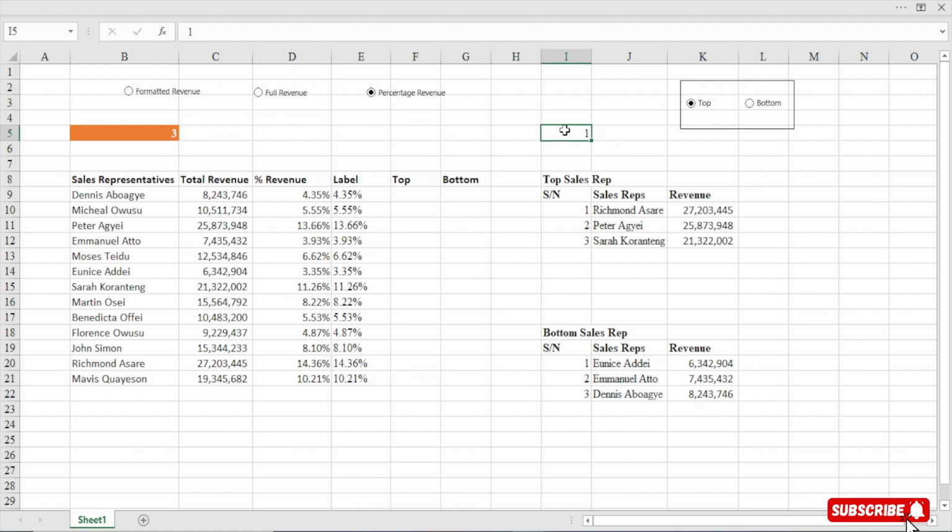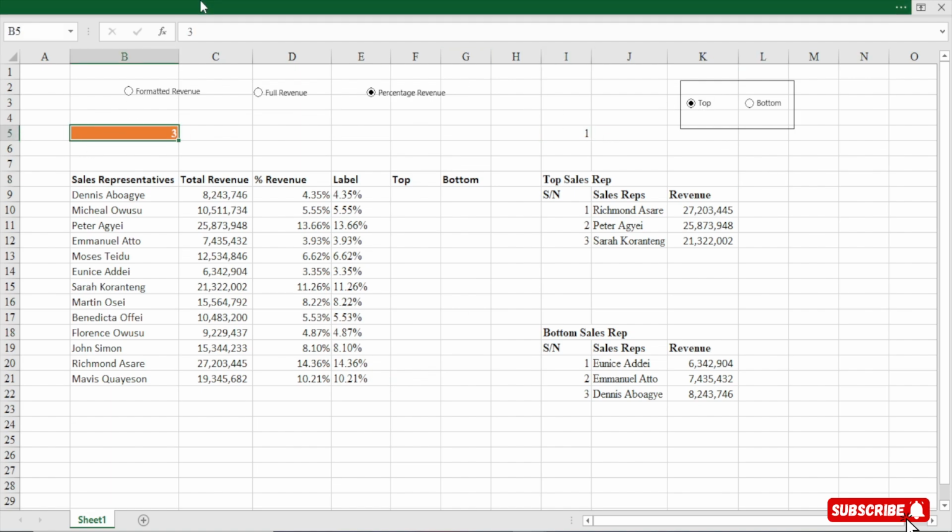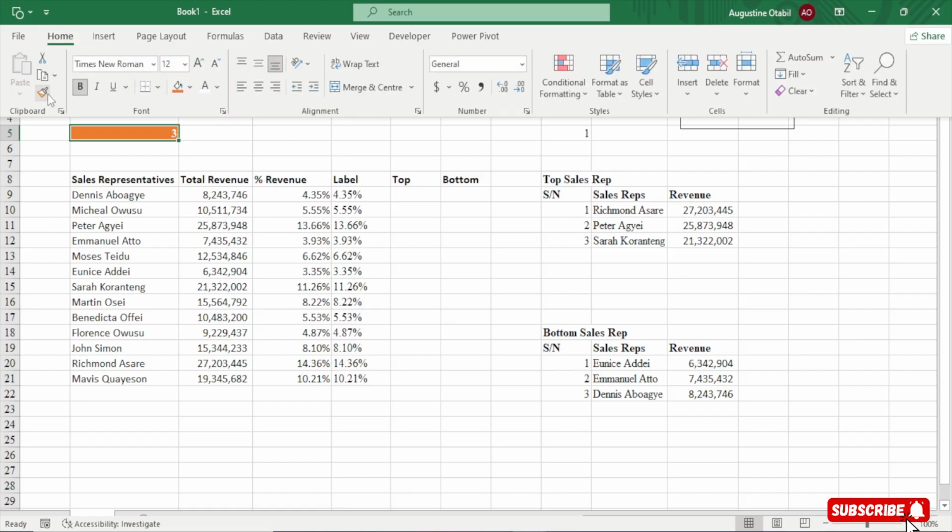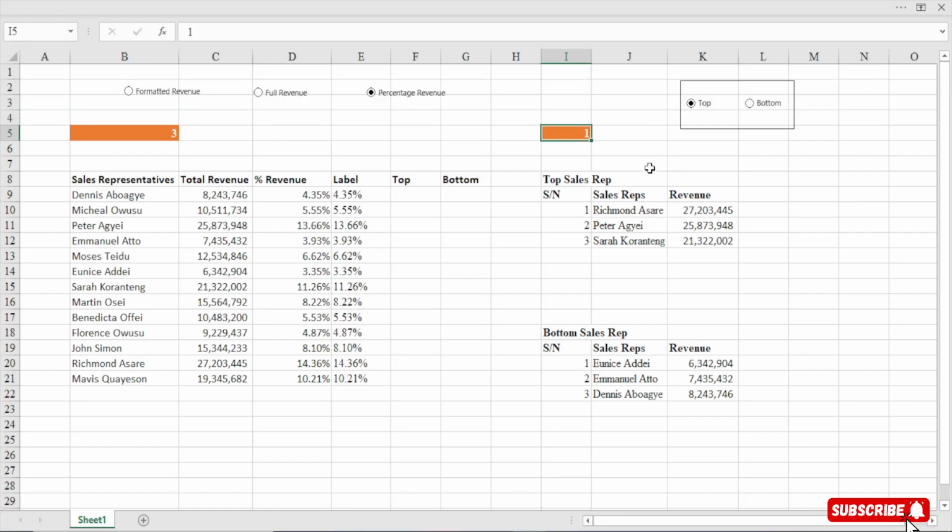So this is what I want, right? Perfect. Now I'm going to do the same thing here. I'll select this, go to home, copy, and paste it on this. You see that? So this is 1, this is 2. Now I can write my function, right? Perfect. As I said, I'm going to return these numbers here, but I'm not going to do it manually. I'm going to use a function to do that for me.